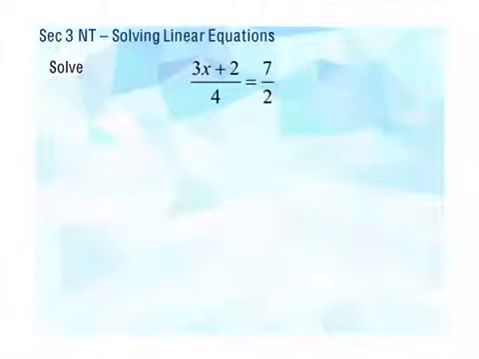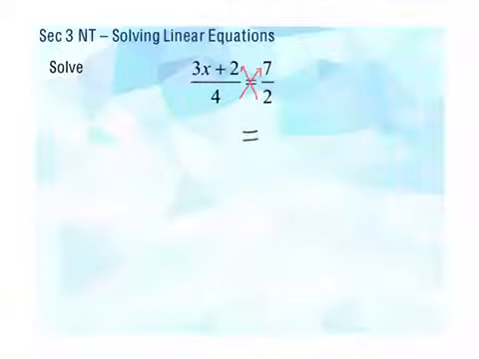Solving linear equations. Now solve the following. What do we notice down here? We have a fraction on the left hand side, also a fraction on the right hand side. So what can we do? We can cross multiply. Okay, but remember when we cross multiply, the equal sign